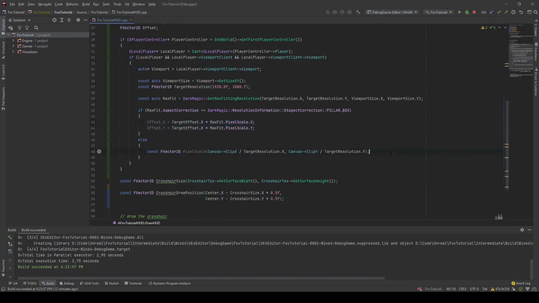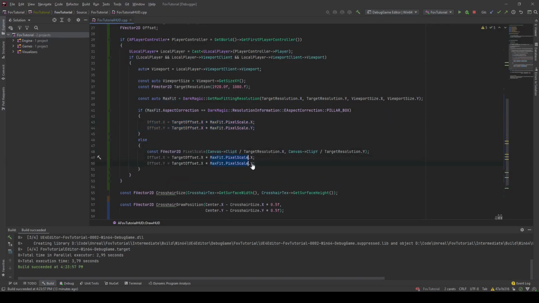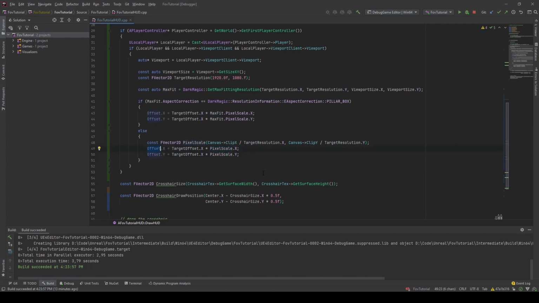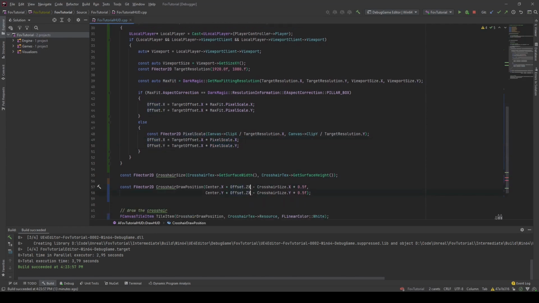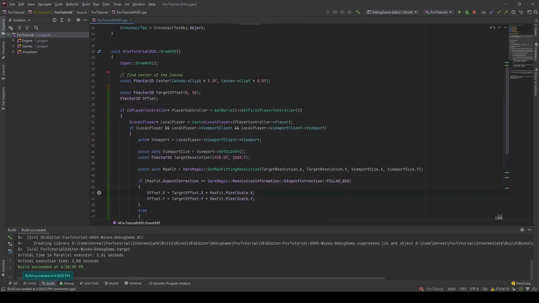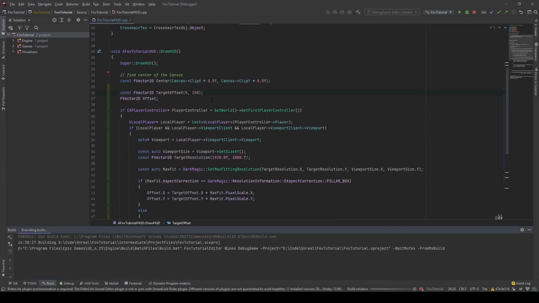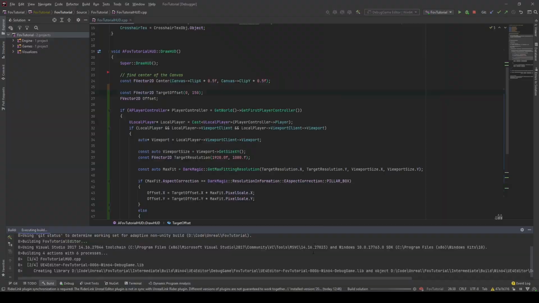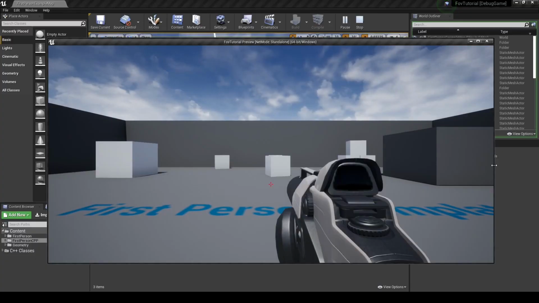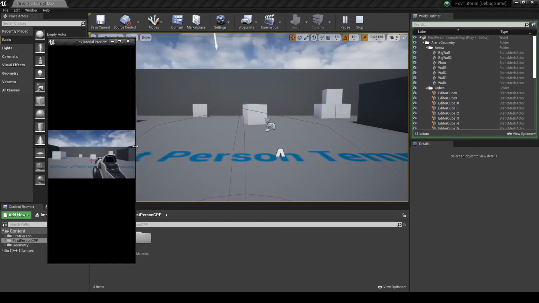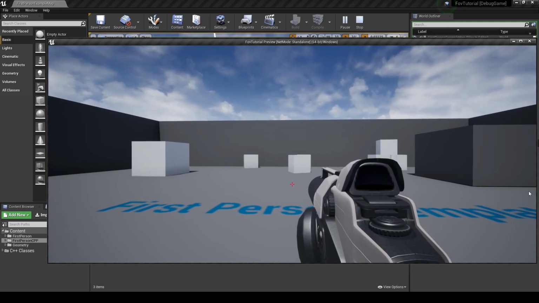And we can copy it from here and we can replace this to pixel scale and down here add the offset to the crosshair draw position. And we have to change this to y and this to y. Let's exaggerate this a little bit. So let's say we want to move it down by 150 pixels. And now this way up down here, and if we resize,